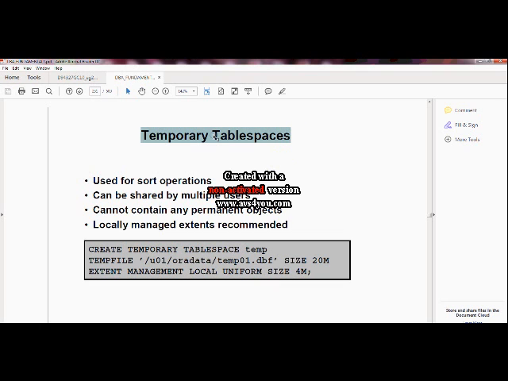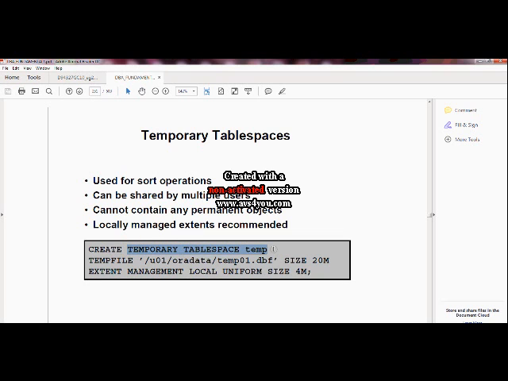So if your query has any kind of sorting operations, you have to specify temporary table space. To create the temporary table space, the command would be almost the same, the only difference is you have to specify temporary.